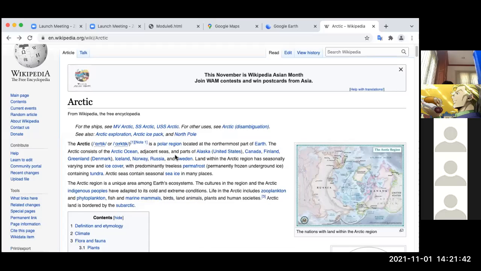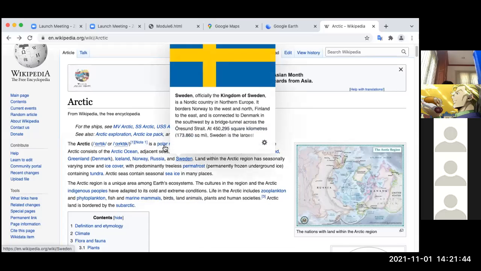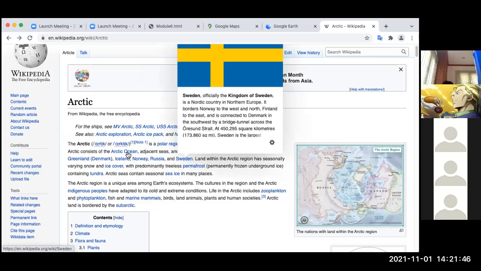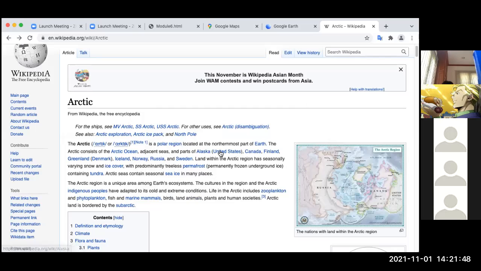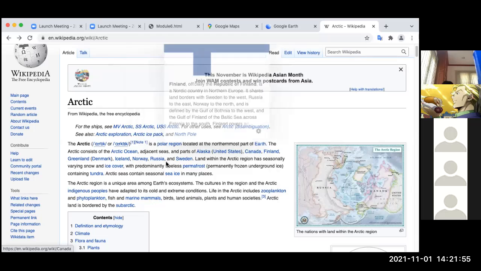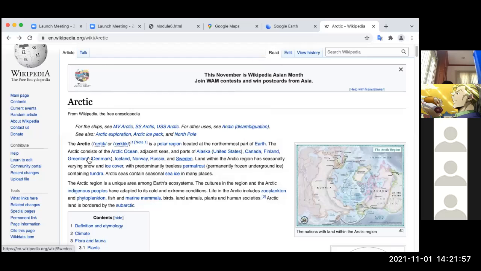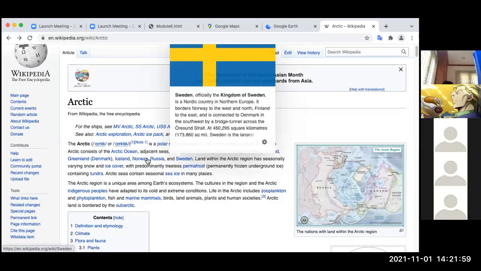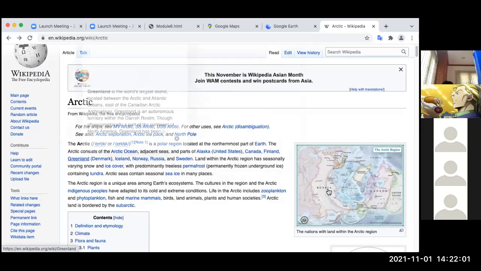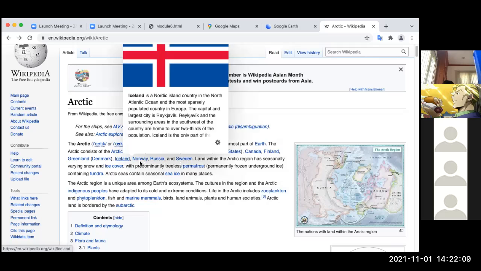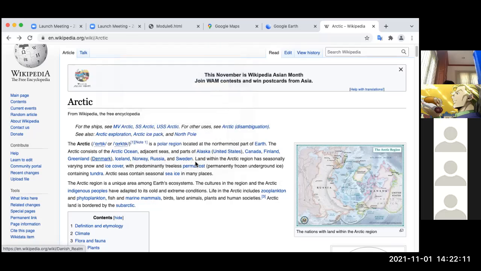So actually here Sweden is part as well. So there is Alaska, United States, Canada, Finland, Norway, Sweden, Russia, Iceland, Greenland. Okay, so this is maybe a larger understanding of the Arctic, including Iceland, then Sweden and Finland.